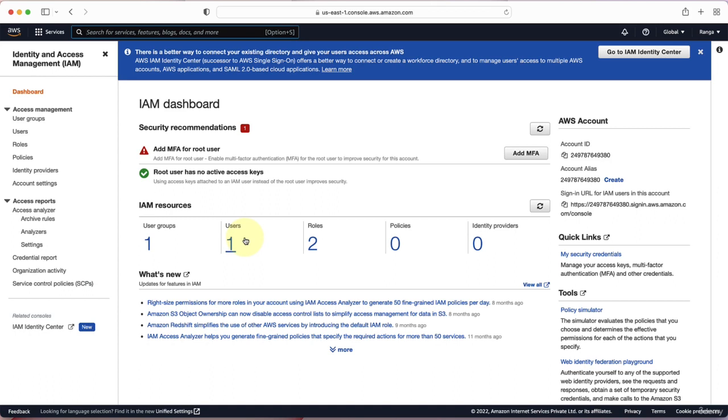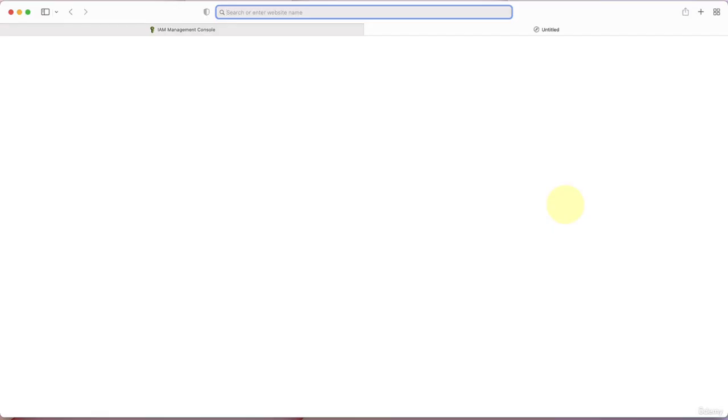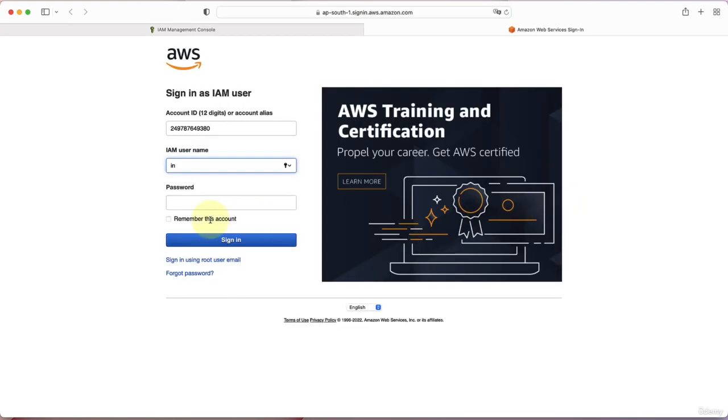If you want to log in with the IAM user, the URL is a little different. The URL that you need to make use of to log in with the IAM user is the one which you are seeing in here. So what I would recommend you to do is to copy this URL and bookmark it as well. So what I'll do now is I would open up a new tab and I would paste this URL in. I'll go in here and now I would use the IAM user that I have created. So the IAM user that I have created is